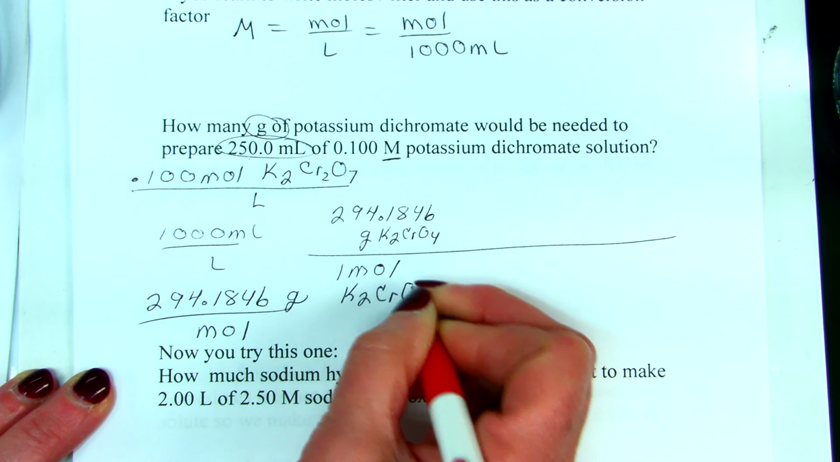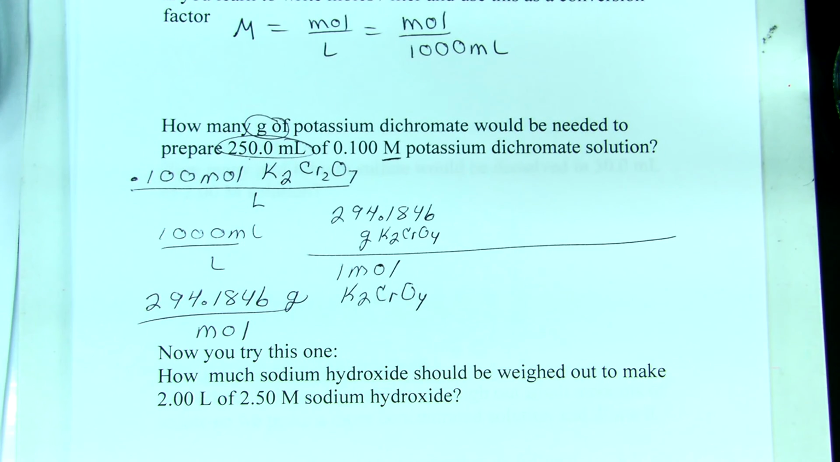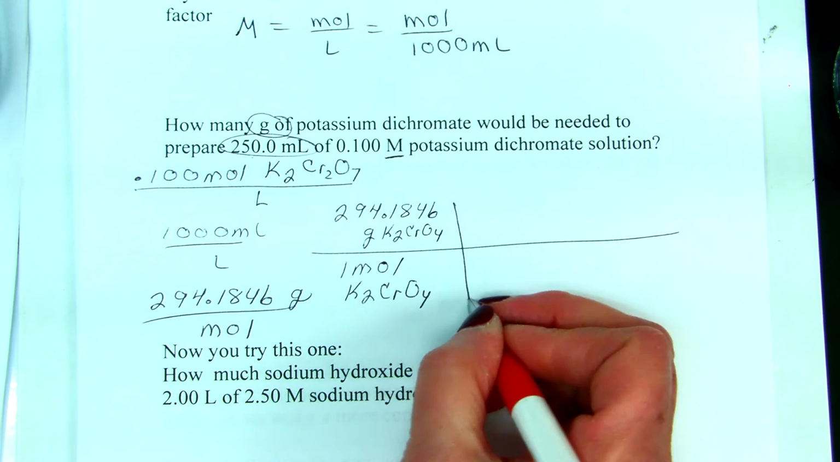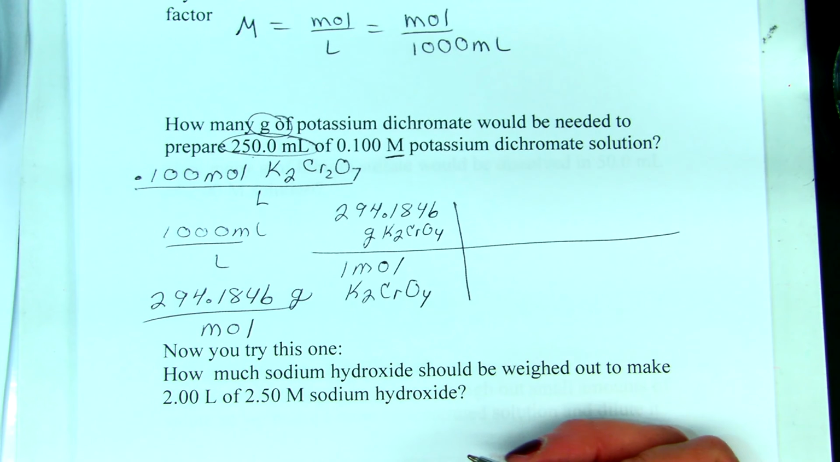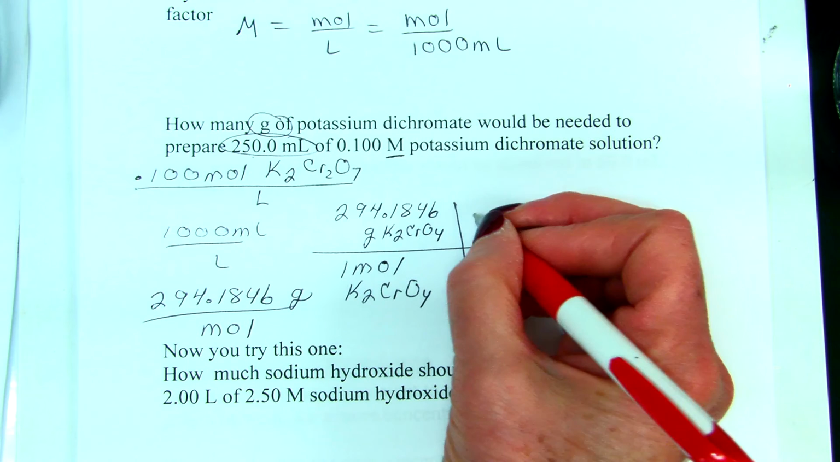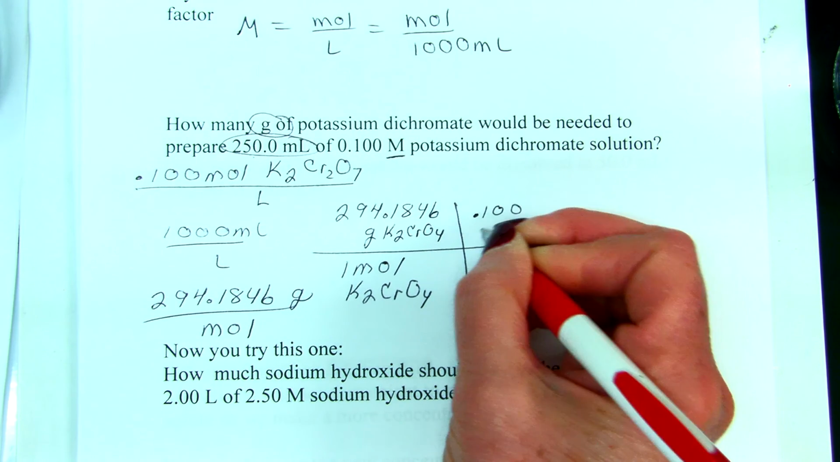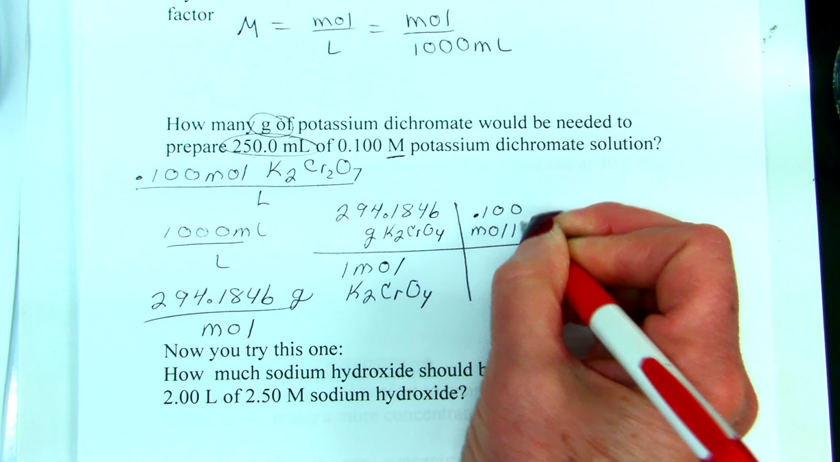I also like to write down grams of potassium dichromate and moles of potassium dichromate, because when you do that, you don't get grams and moles of different things mixed up later on in this unit. We're going to talk about stoichiometry, and that can be an issue. So develop that habit now. And we now want to cancel the moles out. So I have 0.100 moles of potassium dichromate